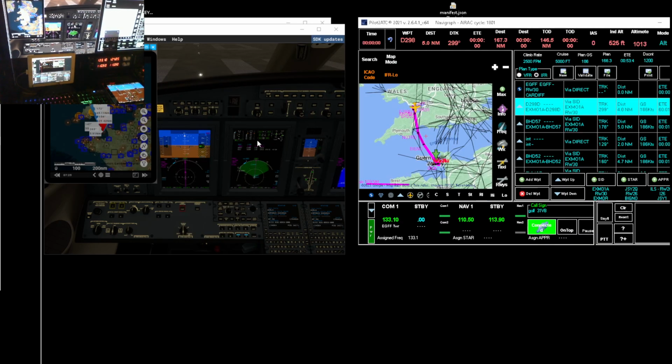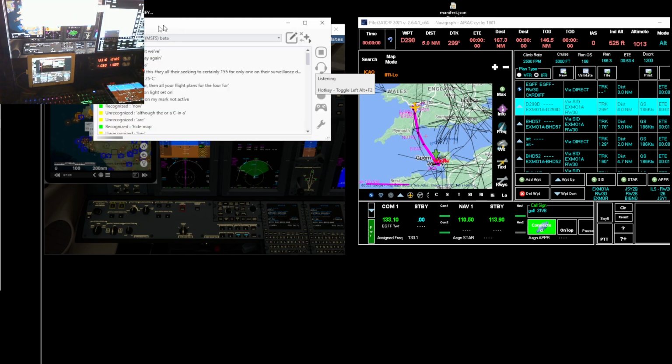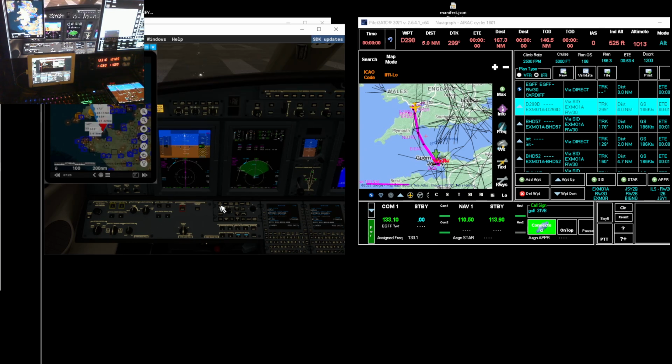Now, getting that far, so far, what have we done? Let's do a recap. Right, we've got Pilot2atc working because we could just hear that working. But in the background, we've got VoiceAttack running with HCS Aviator and Microsoft Flight Simulator. So now I should be able to go